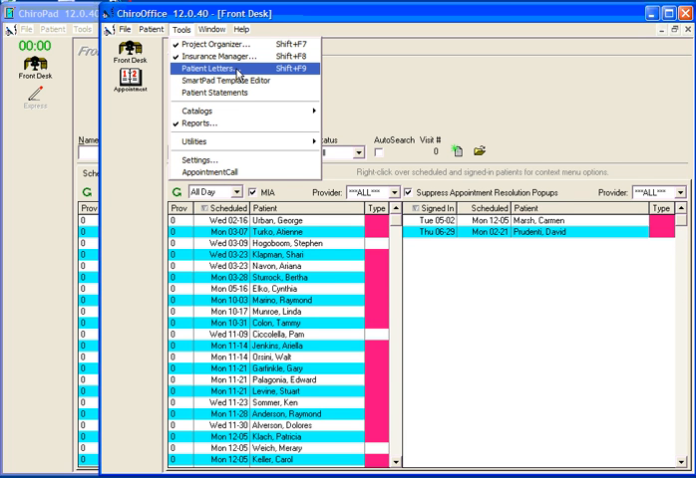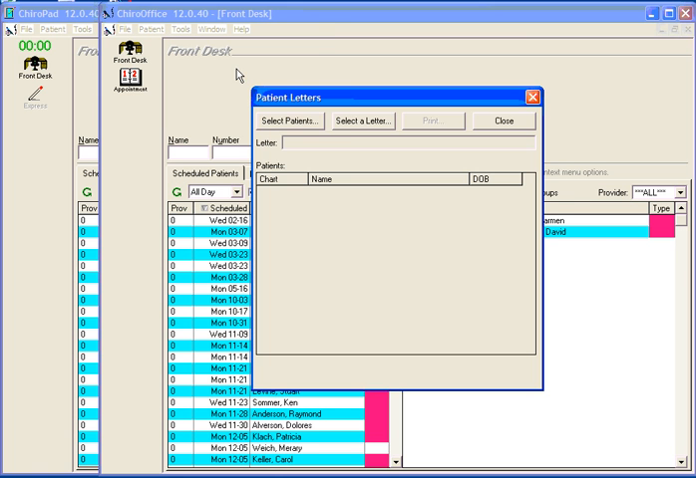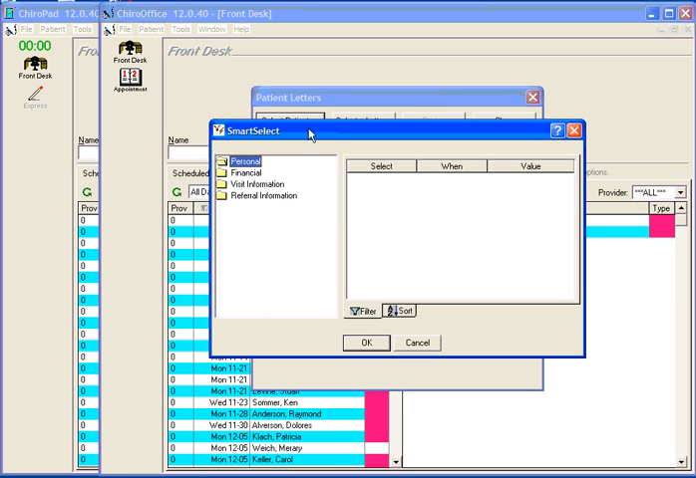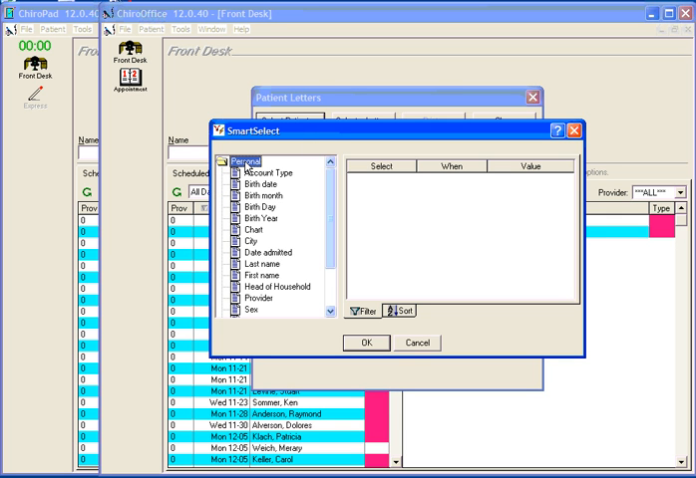If we were going to send a specific letter to a large number of patients, we would click on Patient Letters, click on Select a Letter, choose the letter that we want to send, and then click on Select Patients. We would then base our selection on the criteria of what we want. We would double-click on Personal if this was a birthday letter. If we wanted to send to every patient who was born in the month of June, we would double-click on